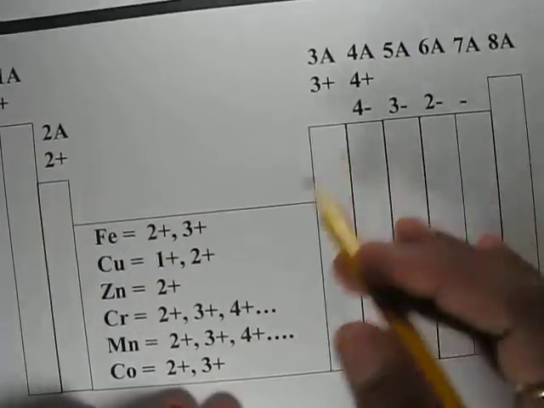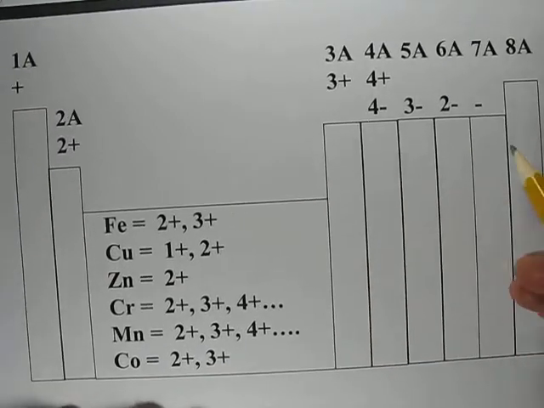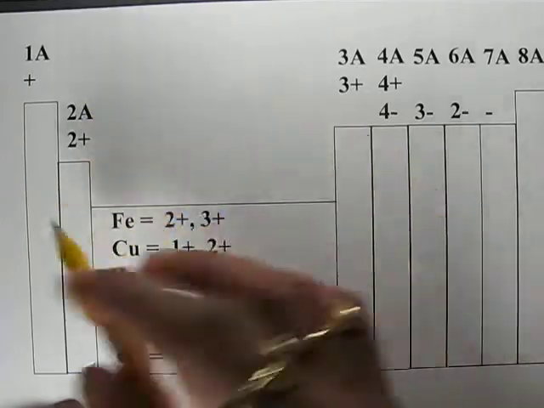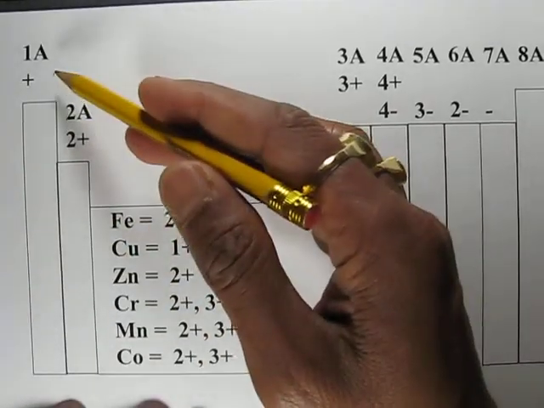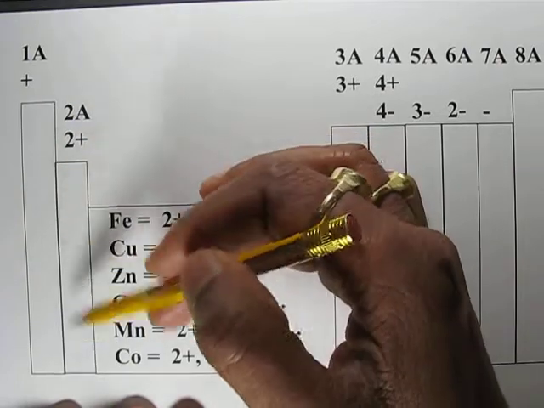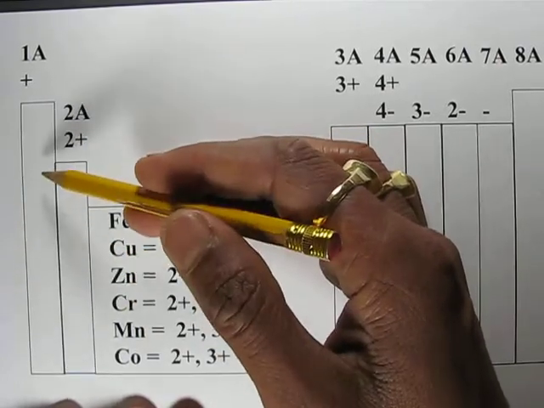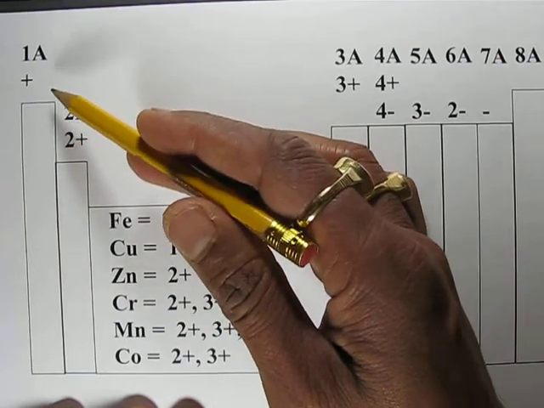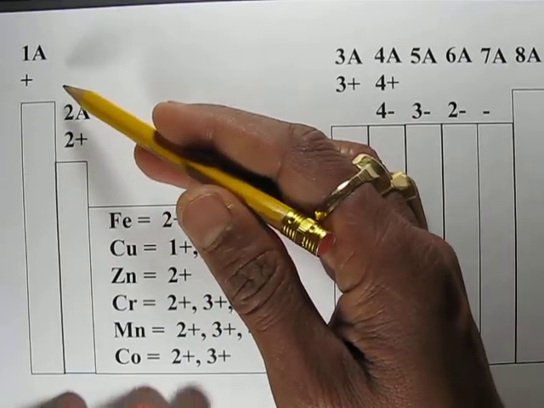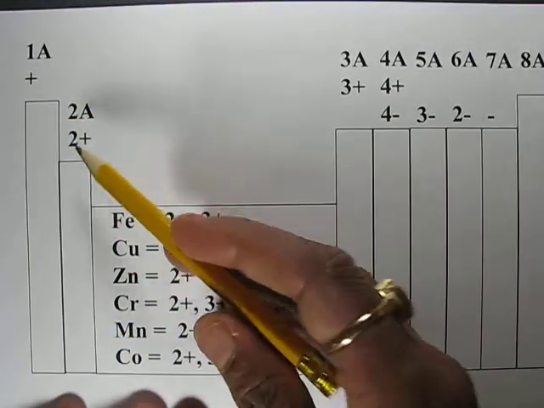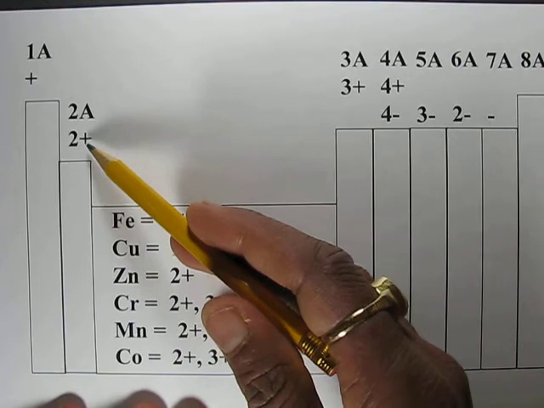So this is a rough idea about the periodic table. The periodic table has columns and rows. The first column, which is called 1A, has a positive charge. All the elements in the first column have +1 charge. Whenever they make ions or cations, they are monoatomic cations. These are the dications,